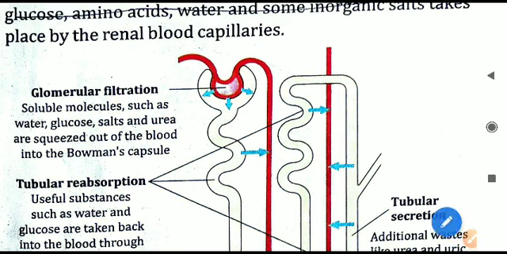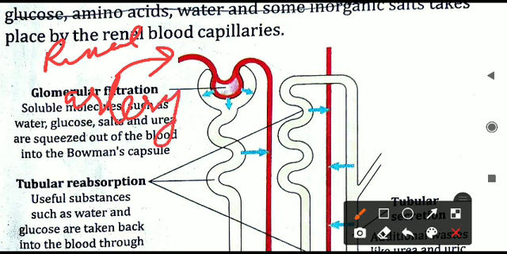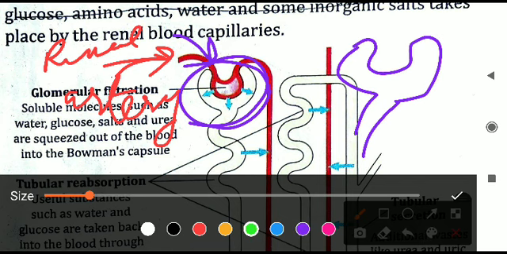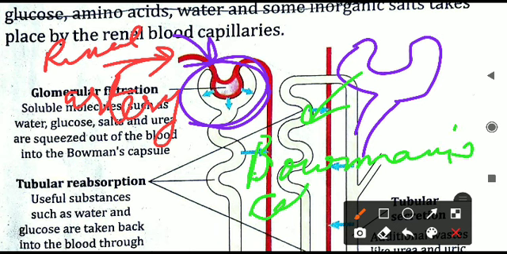So this is how it is entering. You can see the red color line. This is actually the artery, the renal artery. Through the renal artery the impure blood is entering here. All the impure blood is entering into the kidney from here, and where it is moving, you can see this is a cup shaped structure. This cup shaped structure is called the Bowman's capsule.